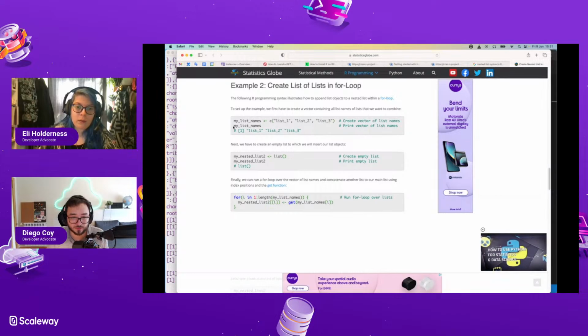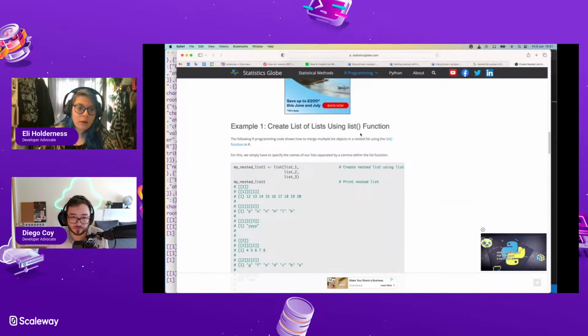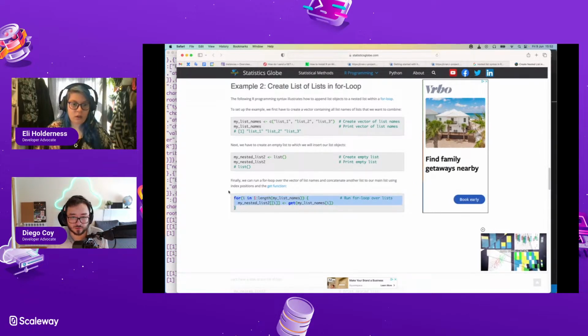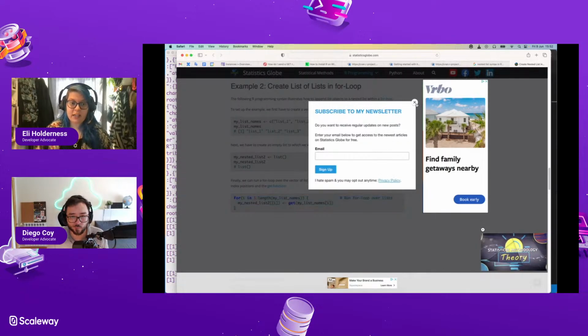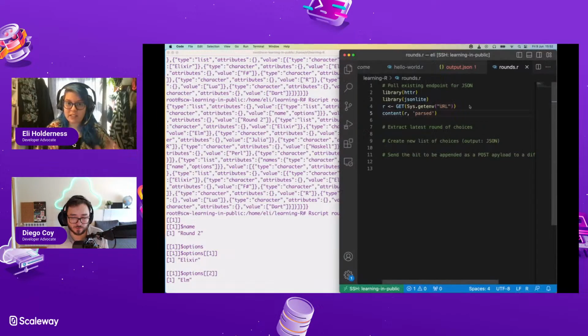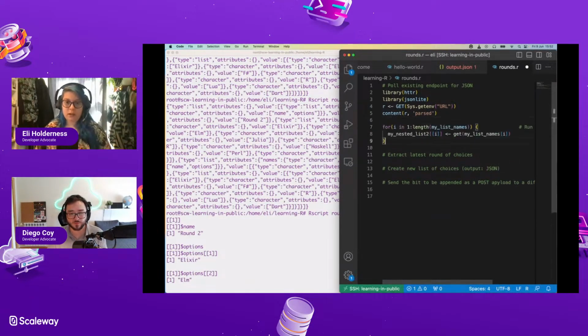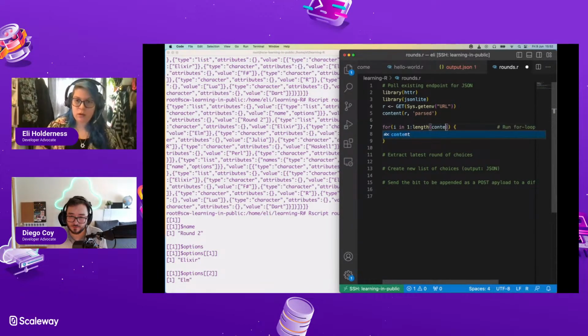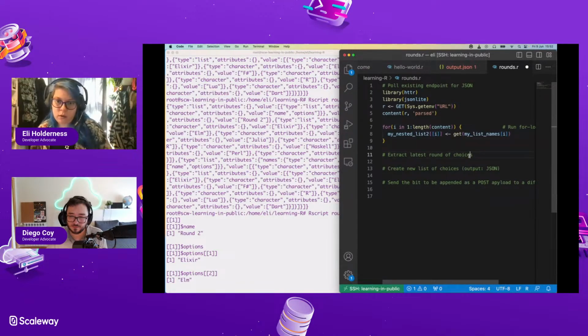Okay, there's a for loop. That's good. I'll create a list in a for loop, but that's fine. I can take this and make it work for me. Cool. So we have a list of lists. That's what content is. So if I do this for i in length content, right? I want to print out.